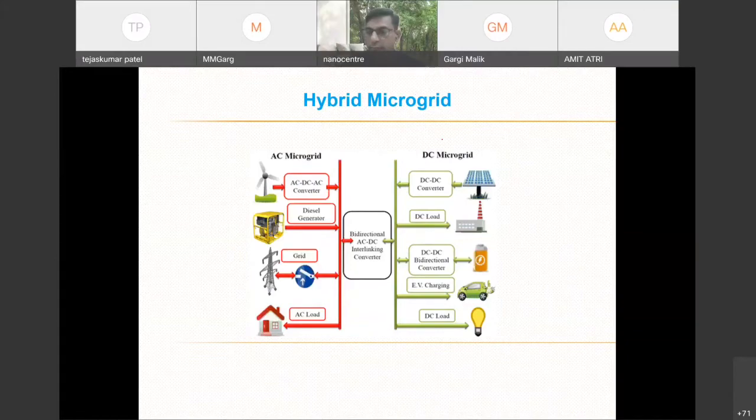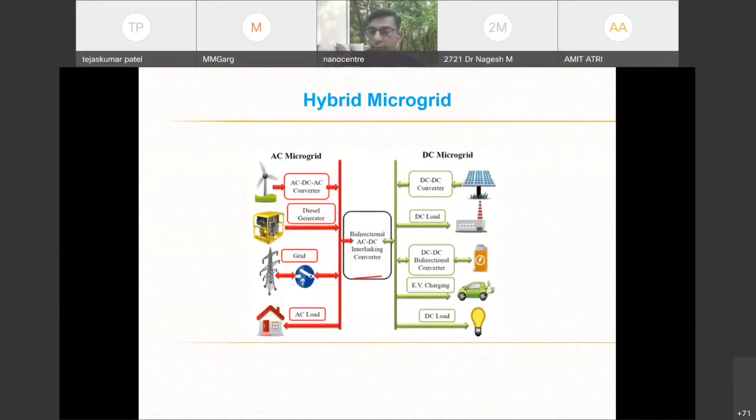Loads are there, so we need to match the voltage level with converters. So some AC to AC conversion, or maybe a two-process AC to DC, then DC to AC. And if, let's say, a DC load is to be fed from the same bus, then we need some kind of rectifier, right? So that's the AC microgrid, again using many converters.